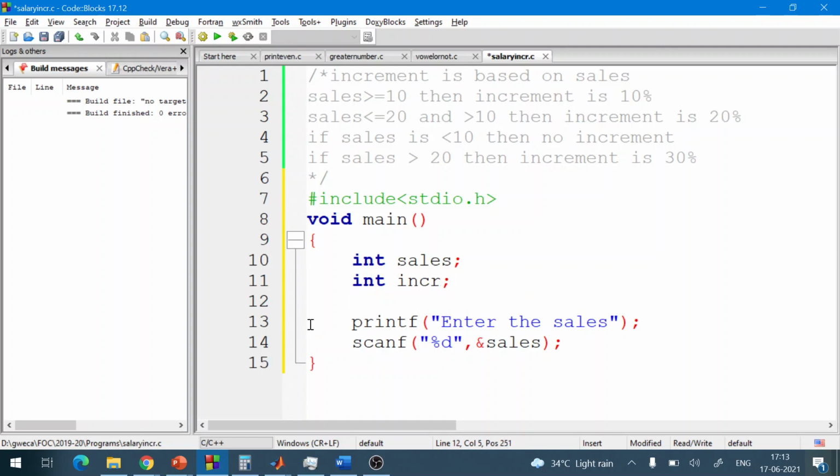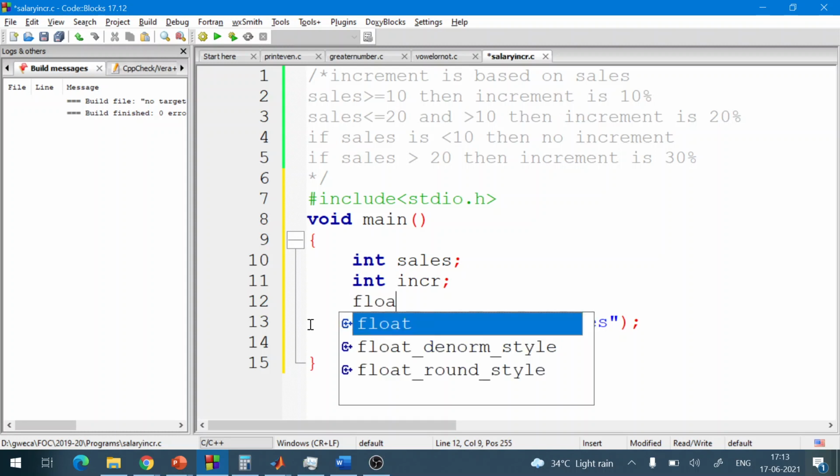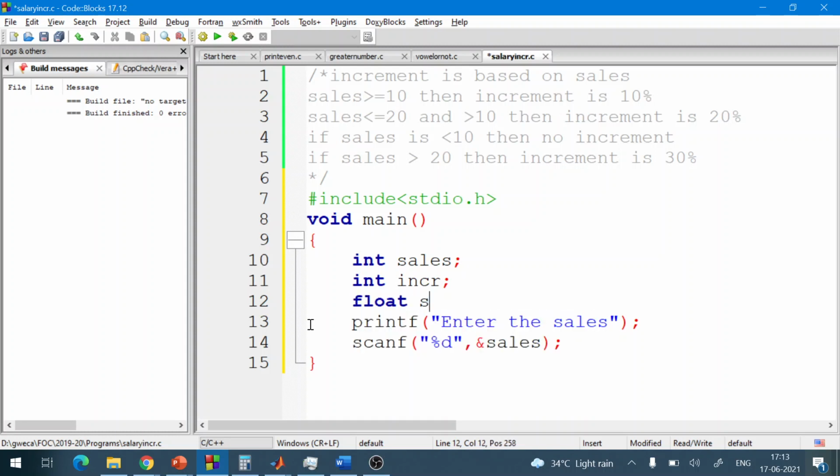Then since this will be in percentage of the salary, we will take float salary, and gross salary as a float. So we have taken them float. Why float?